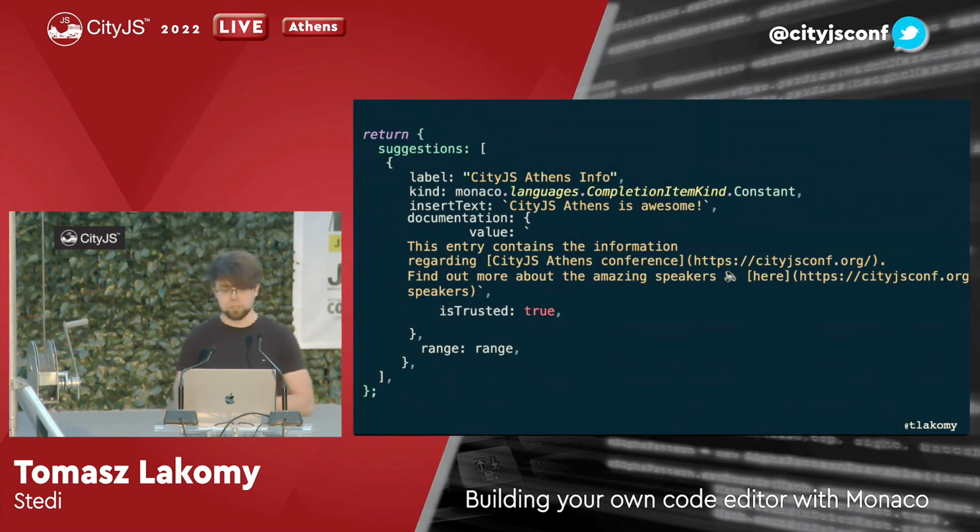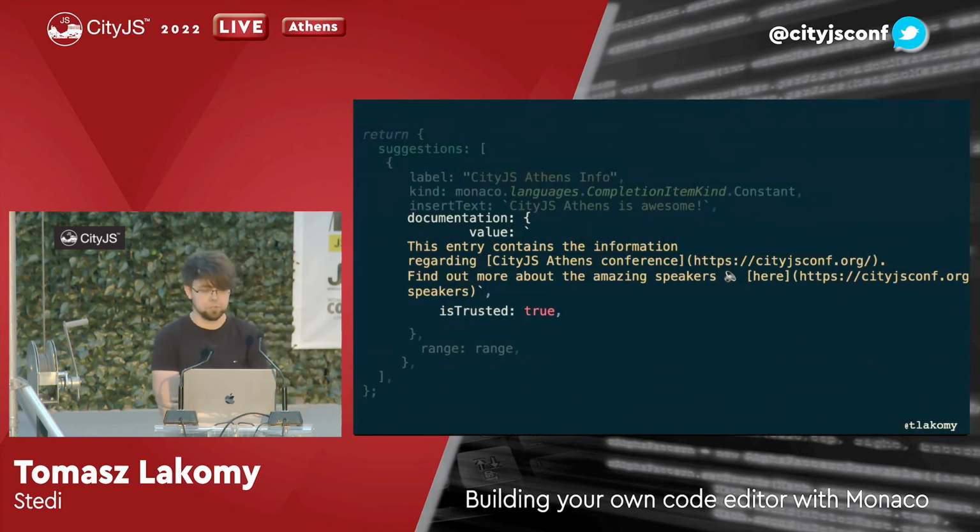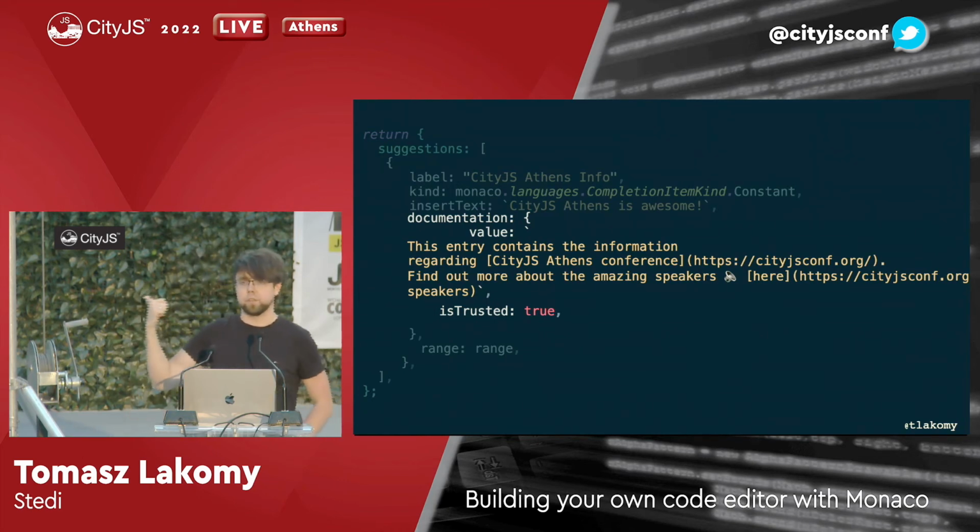So I decided to use a different example. So this is one autocomplete suggestion, which in this particular case shows you some kind of info about this amazing conference that all of us are here right now. And this is how you do the documentation, right? So the value, notice that it is a markdown string. So that's kind of neat because you can render links in there, you can render emojis and do all kinds of fun stuff. In order to do the fun stuff, though, you have to set the isTrusted flag as true,